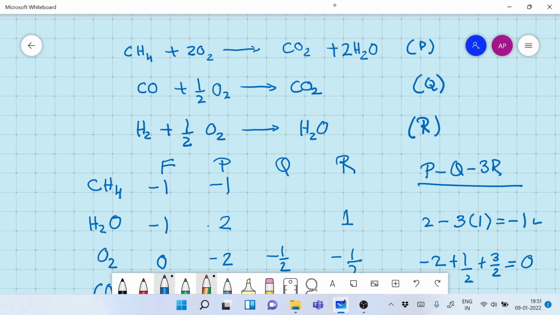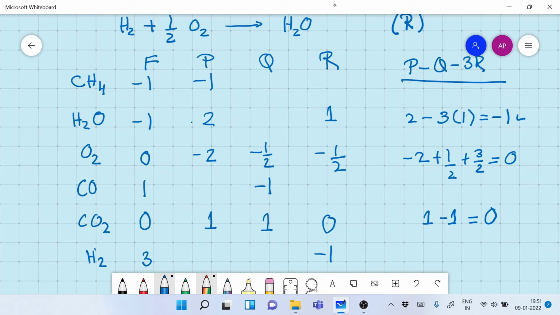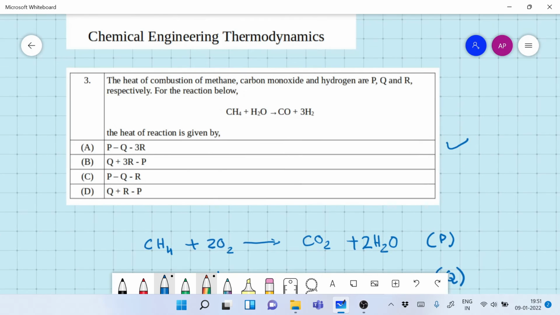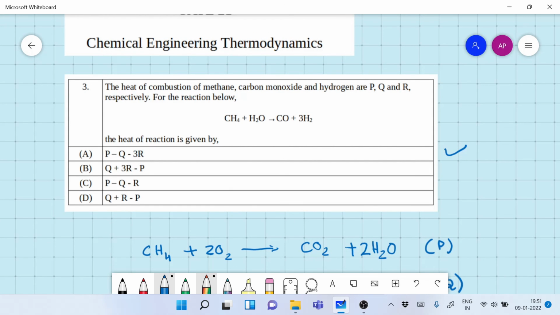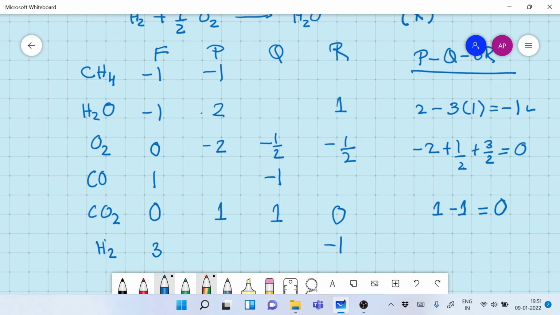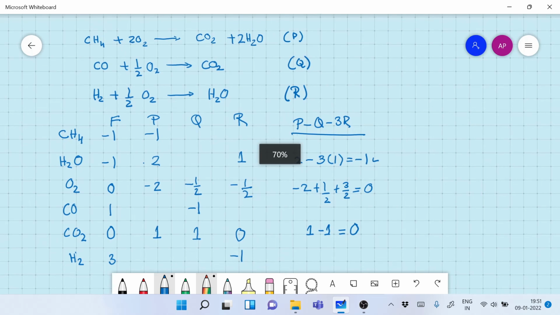Remember, if the problem is solved this way, you will never make any mistake. And all problems where you have to add a series of reactions to get the final reaction should be solved by the method that I have shown here. You will never encounter a mistake. The likelihood of making a mistake by this method is extremely rare, and the points will be in your pocket and in your final total.